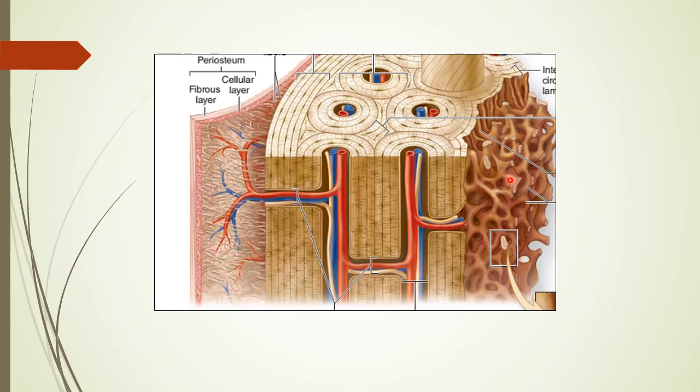As we see in this section of humerus, a section in bone, we'll see the periosteum, the outer layer. It has two layers, fibrous layer and cellular layer. Okay, this is the periosteum. On the inner surface of the bone, here near the bone cavity, we have the endosteum.